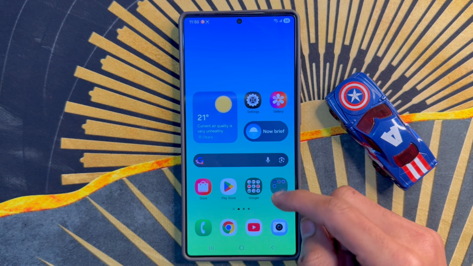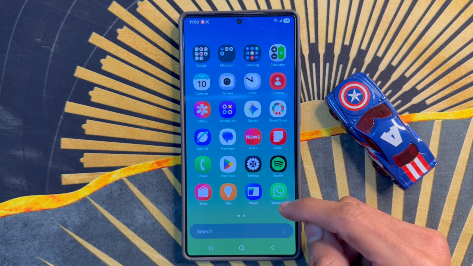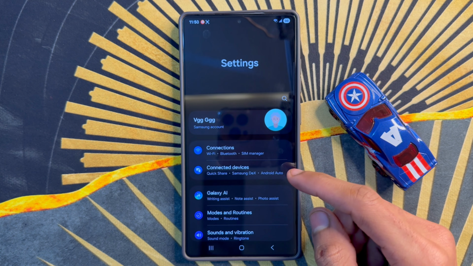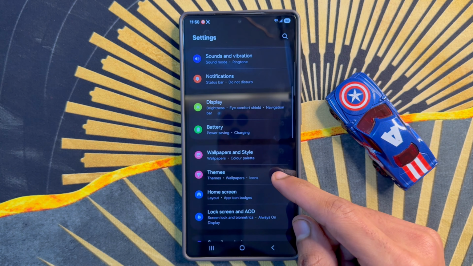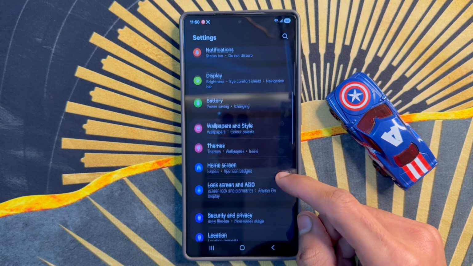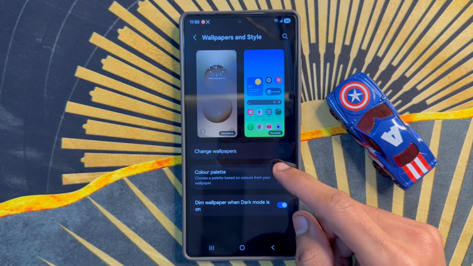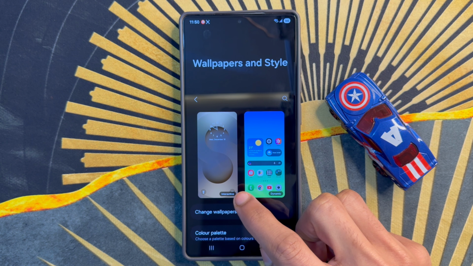First of all, go to app library. Now here, click on settings app. Now in settings, scroll down and click on wallpaper and style. So after clicking on wallpaper and style, click on